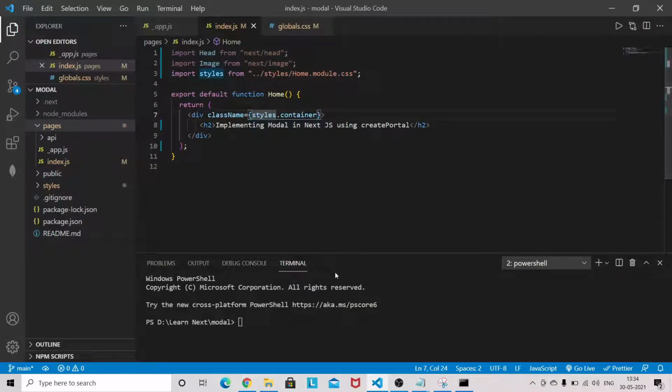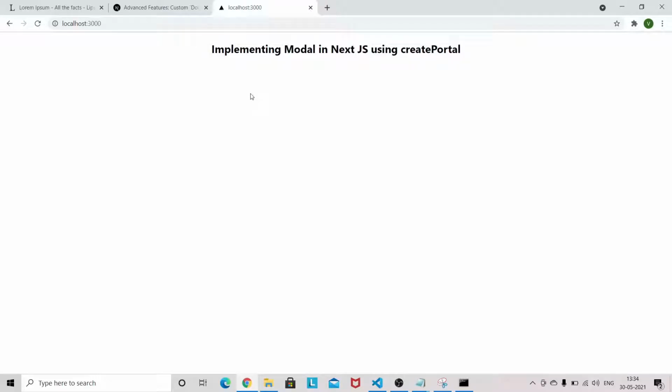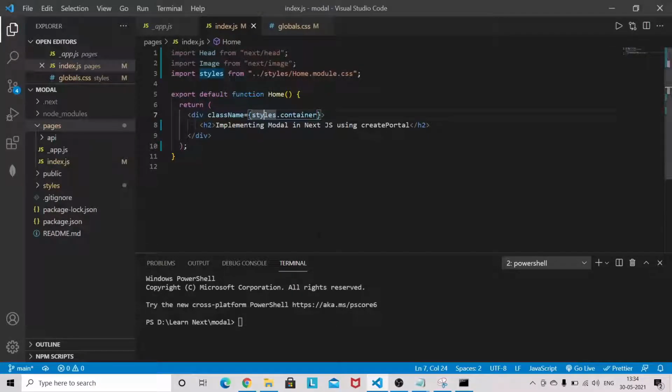So we have removed everything. Now we will add one button.